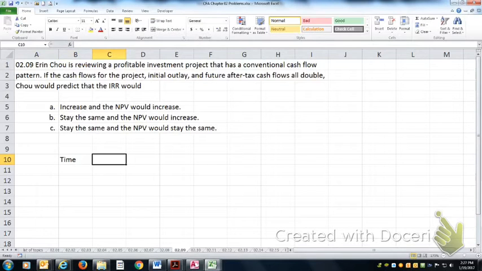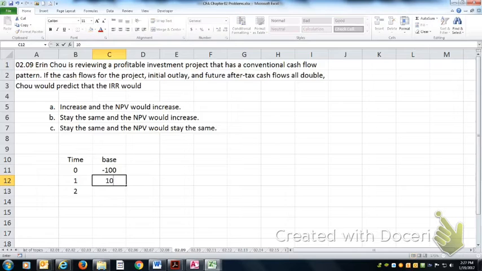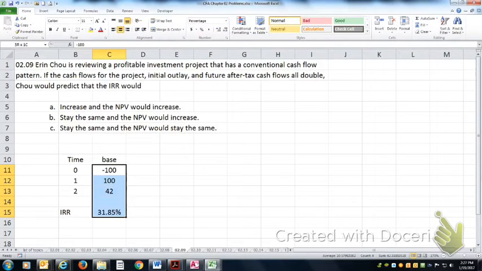So if I do time, and I'm going to do a simple one, 0, 1, 2, and my base case, $100 out, $100 coming in, $42 in year 2. The IRR here comes out to about 32%. Alright, that's cool. If I double all these numbers,